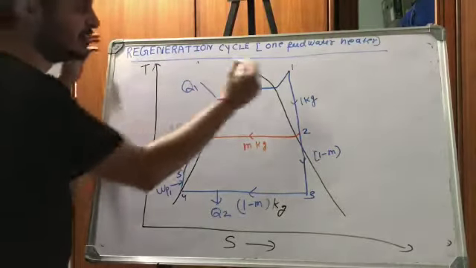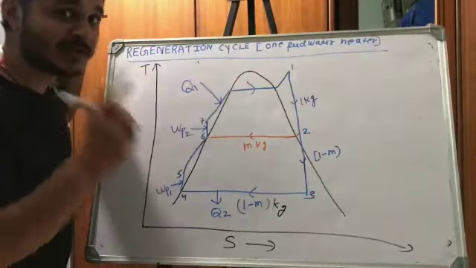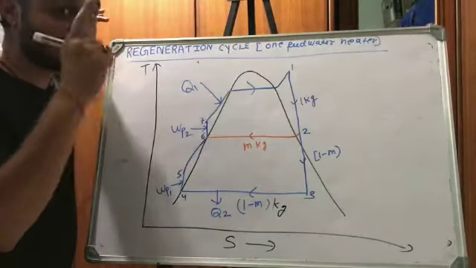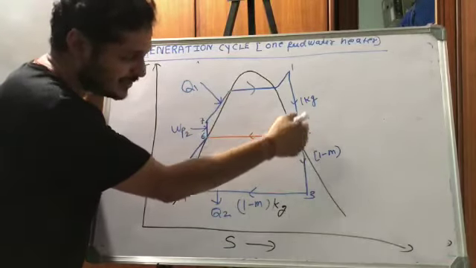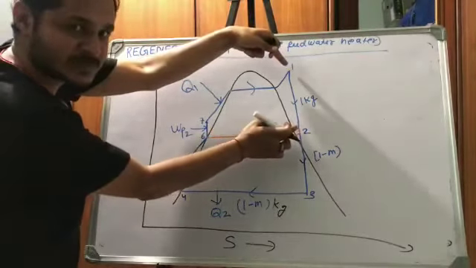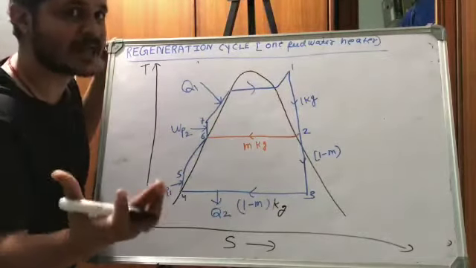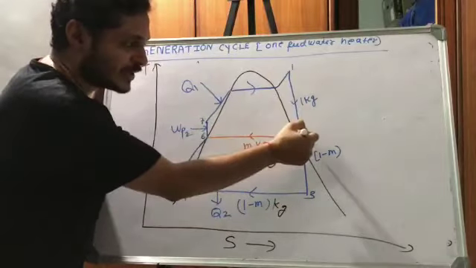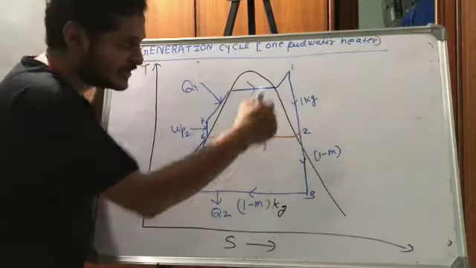So see, I will start from this point. You can see this is point 1 where 1 kg of steam is entering the turbine, and we are not allowing the full 1 kg to expand in the whole turbine. Somewhere in the middle we are taking out m kg of steam, okay, to heat our water again, and 1 minus m kg of steam is being expanded in the next stage. So you can see in the first stage 1 kg of steam is being expanded, and in the second stage 1 minus m kg of steam is being expanded in the turbine. Already I have shown you in the schematic diagram. So from 1 to 2 is 1 kg, at point 2 m kg of steam is taken out, and 2 to 3 is the 1 minus m kg in the same turbine.